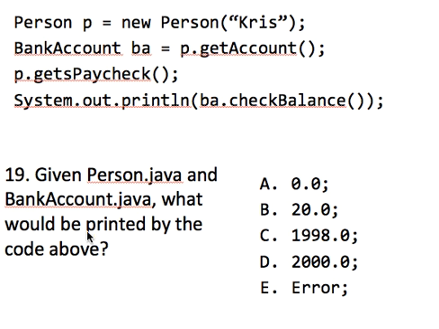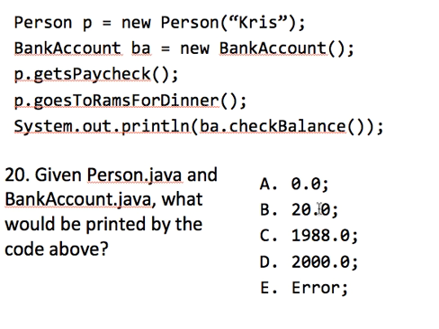All right, so the answer to number 19 then was 2,000 because we got the paycheck, deposited $2,000, and then checked the balance. The last problem was actually kind of a trick problem. So you read this quickly and you think person's a new person, bank account's a bank account, person gets a paycheck, that's plus $2,000. They go to Rams, that's minus $12. We check the balance, and it's